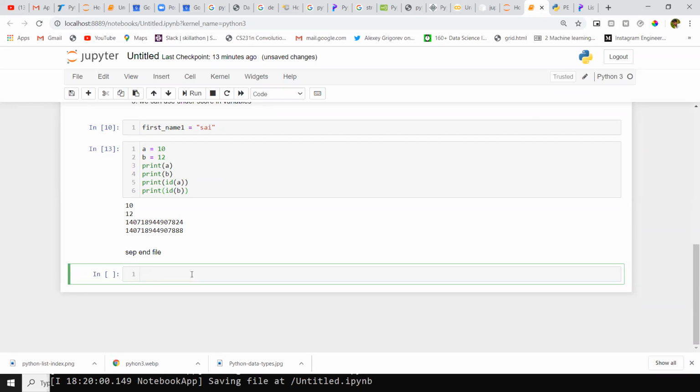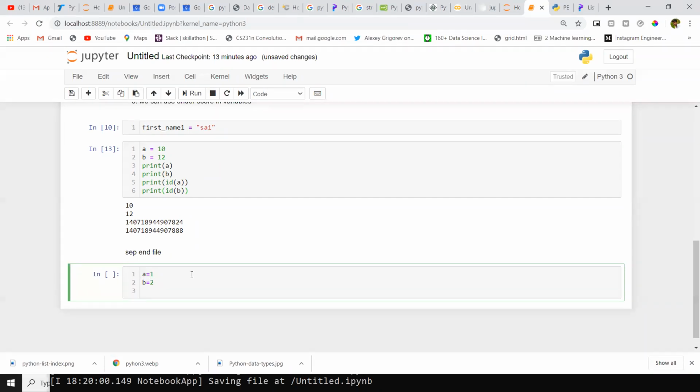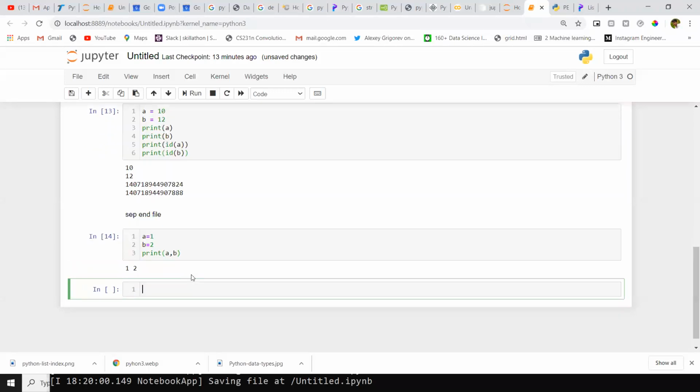For example, I will show one example. A equal to 1, B equal to 2. Now I am printing A comma B. If you observe here, I got 1 space 2, but I didn't give any space here. I just separated both variables A and B with the help of a comma, but I am getting a space here.